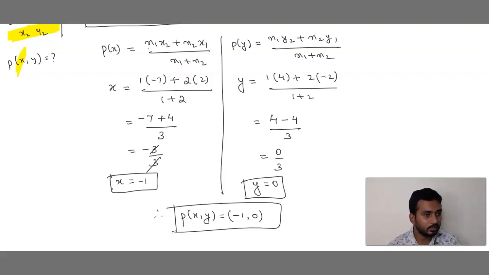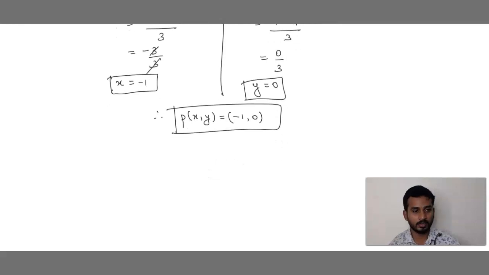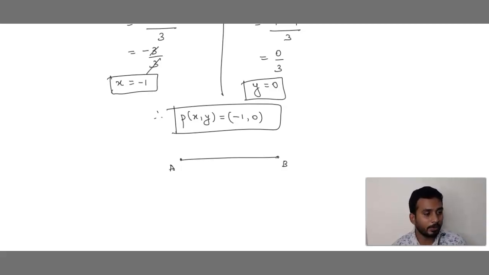We have done this. Now the same thing we have to do one more time, but here what should we take? Q. Here we have taken P, right? Now we should take Q. If you want, I will show you diagrammatically using the figure. So this is A and this is B. AB is divided into how many equal parts? 3 equal parts because it is trisection. So Q comes here.